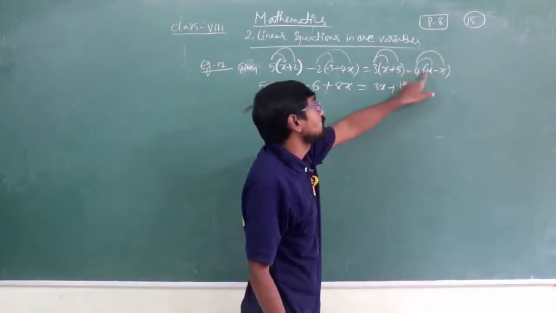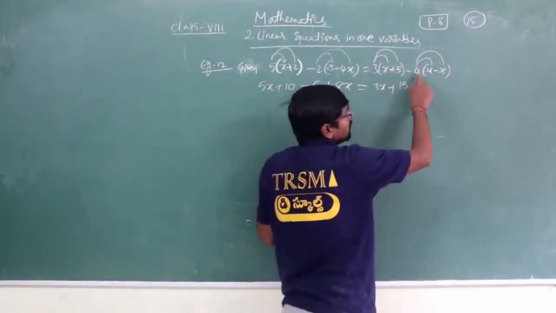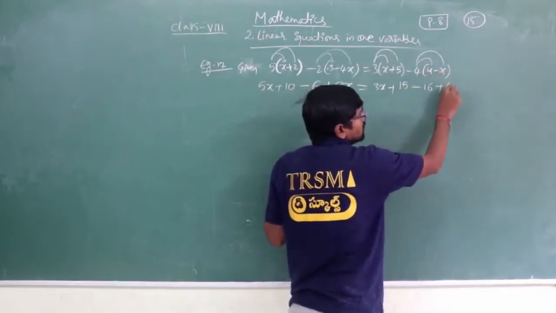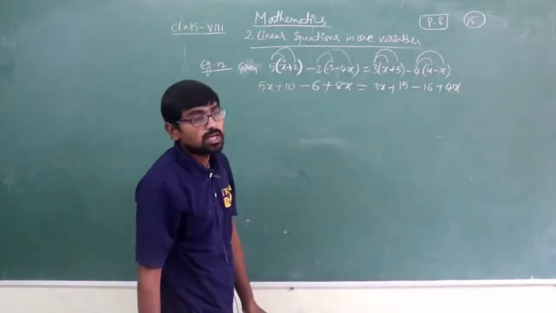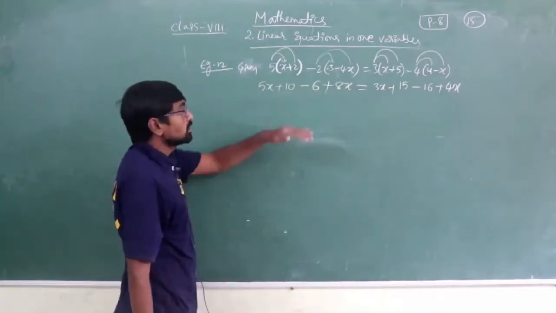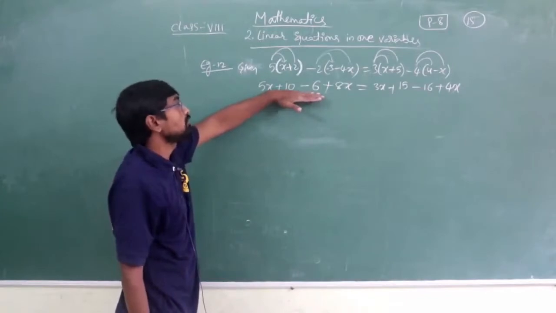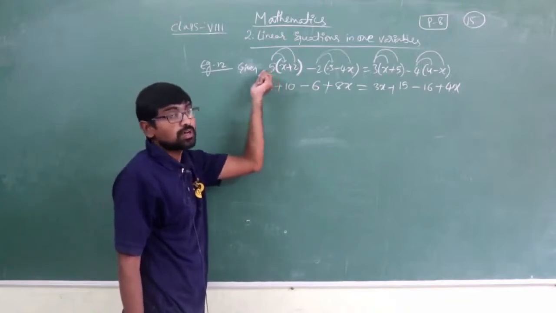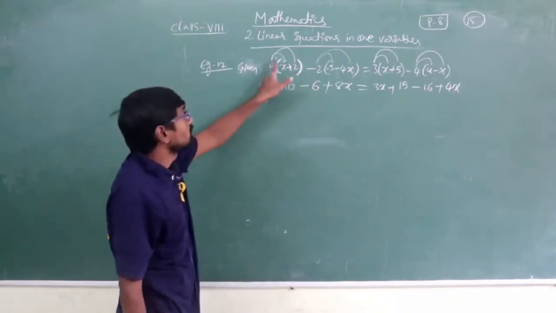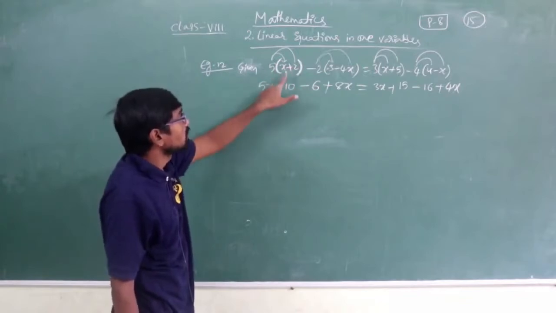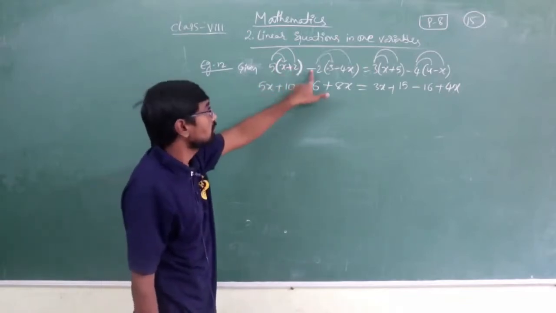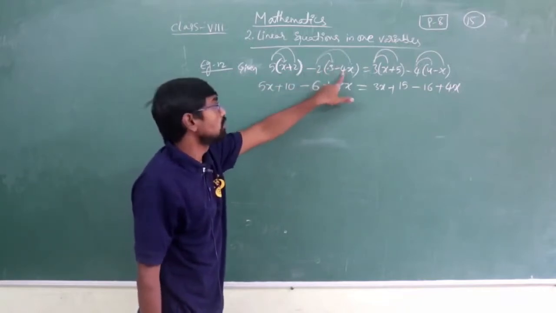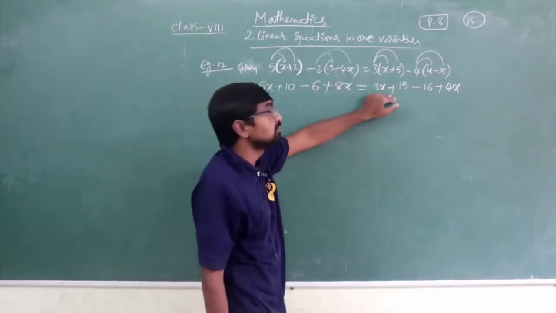We have to check. Minus into plus is minus. Minus 4 4s are 16. Minus into minus is plus. 4 into x is 4x. So like this, we will be getting this. How did we get this step? First we have removed the bracket. How? In the bracket we have two terms, and outside of the bracket 5 is multiplying these two terms. So 5 into x is 5x, 5 2s are 10. In between we have a plus symbol, positive. Minus into plus, minus 2 3s are 6. Minus into minus is plus. 2 4s are 8.